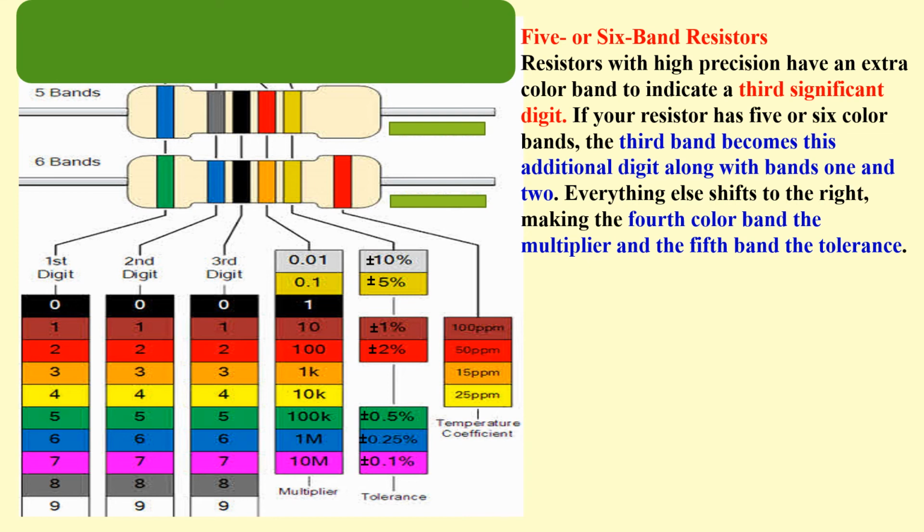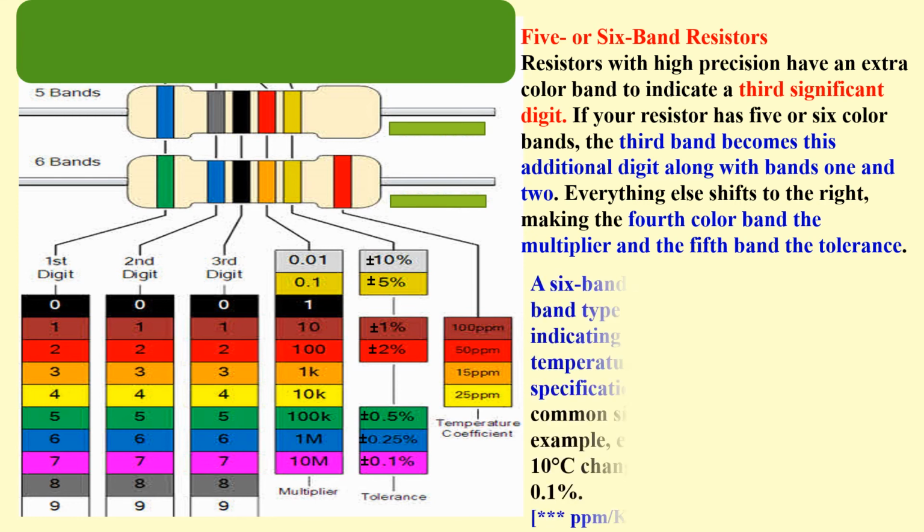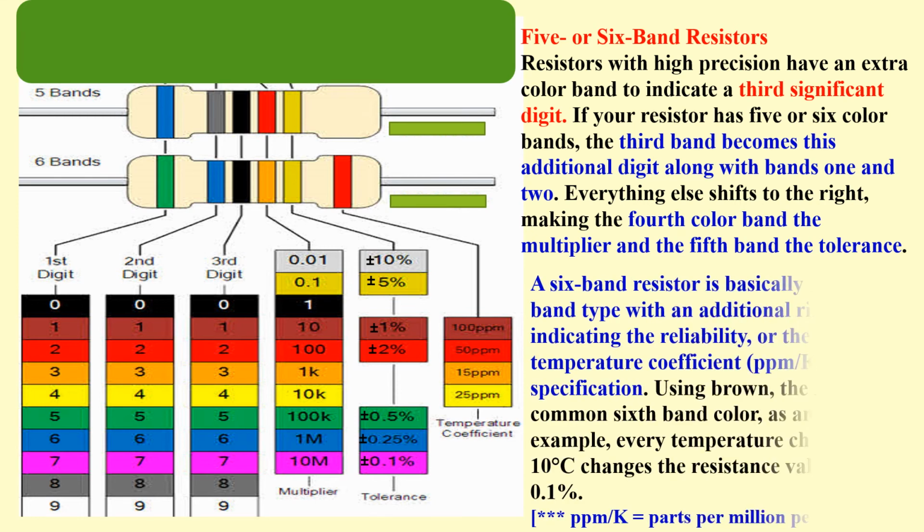Everything else shifts to the right, making the fourth color band the multiplier and the fifth band the tolerance. A 6-band resistor is basically a 5-band type with an additional ring indicating the reliability or the temperature coefficient in parts per million per Kelvin